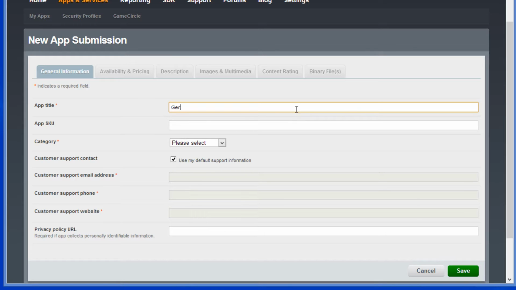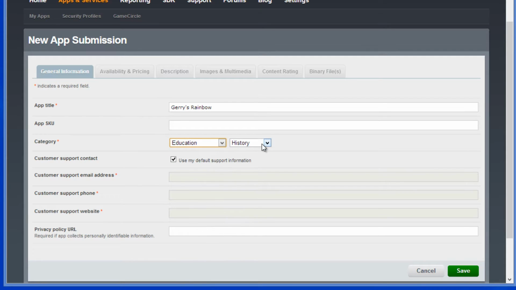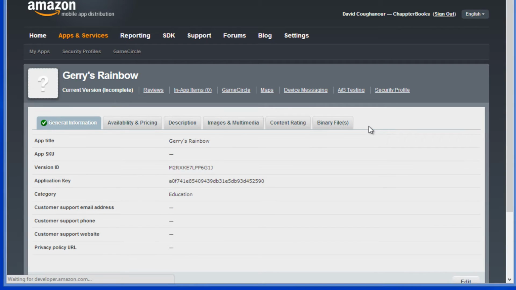Under the app title, we're going to continue to use the title that we've been using all along, only in this case we are finally able to use correct punctuation. We leave the app SKU field blank. We select a category for our app. In this case it's an educational app, so I select the education category. In the subcategories there really isn't anything for preschoolers, so I select other. Leave this box of use my default support information selected, and then select Save to go to the next tab,